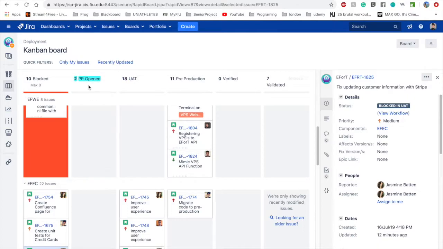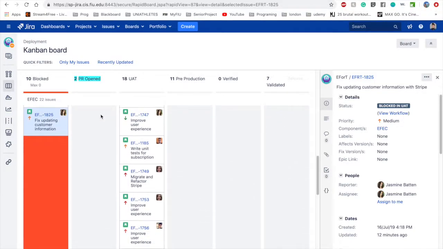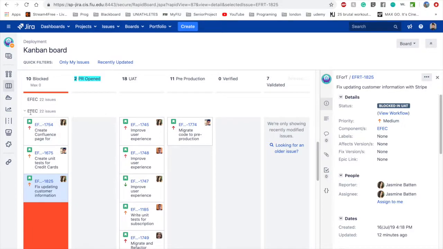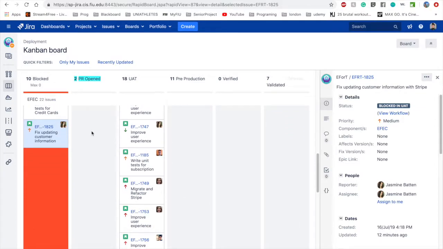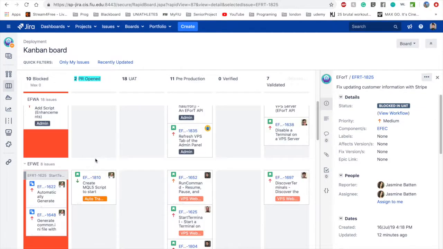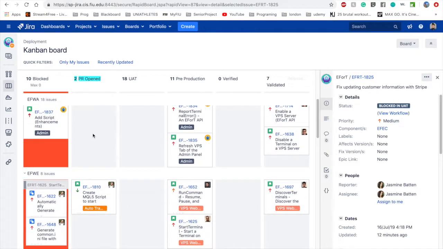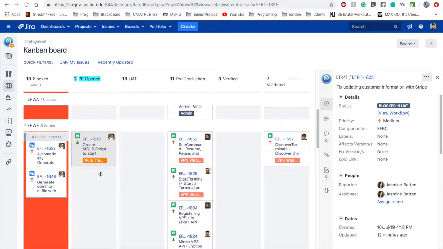So as soon as the dev team creates a pull request and moves the story to the pull request open column in their active sprint board, their work for that story is done. And the work of the EFPO team starts when a story appears in the pull request open column in their deployment board. Therefore, whenever you start testing a user story from the pull request open column, you then move it